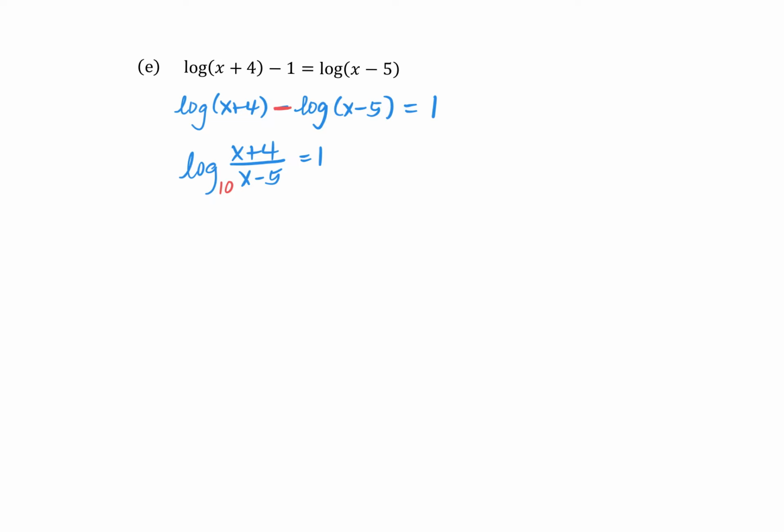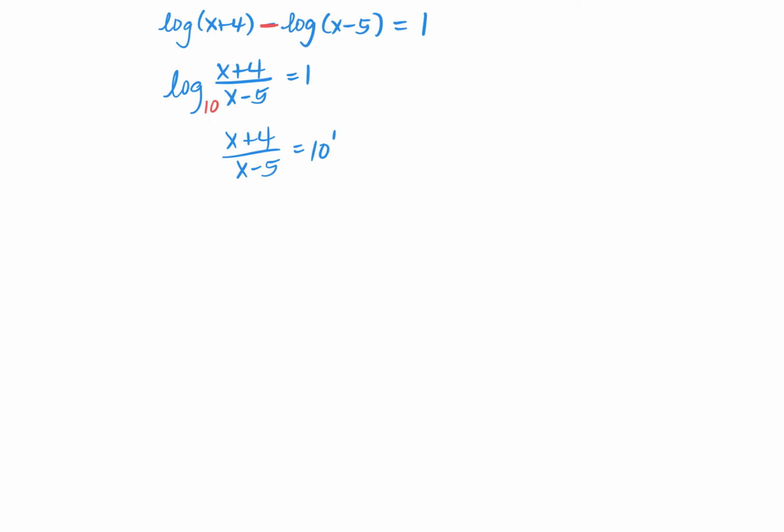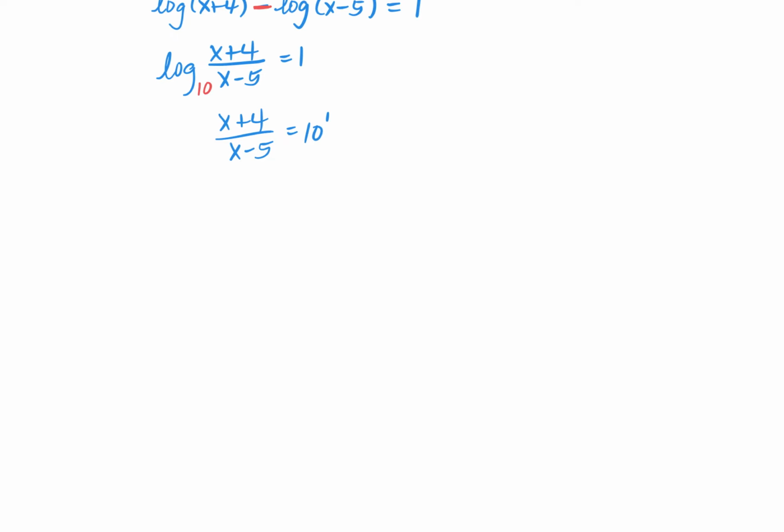Now that I have log equal to a number, I don't really care what the argument is at this point, I can switch this to its exponential form. So the base is 10, so it's 10 to the exponent 1. And it's x plus 4 over x minus 5 equal to 10 to the 1, which is just 10. I'm going to multiply both sides by x minus 5 to get rid of the fraction. That will give me x plus 4 equal to 10 times x minus 5, or x plus 4 equal to 10x